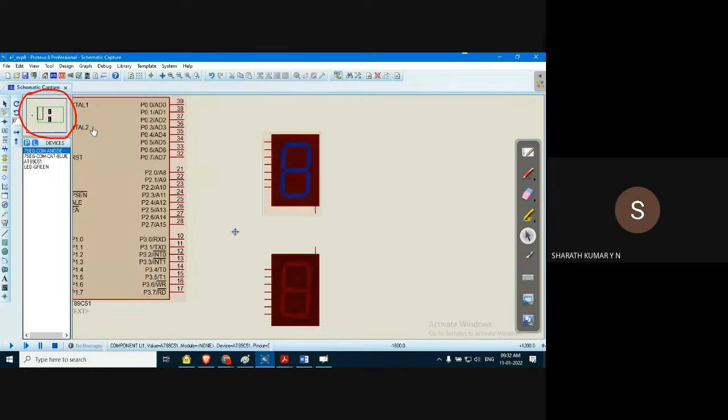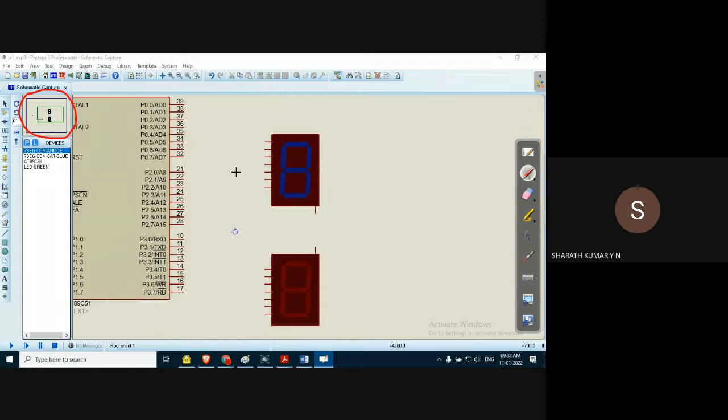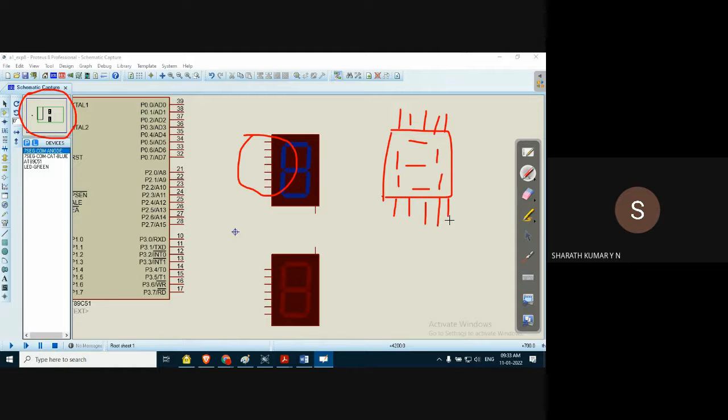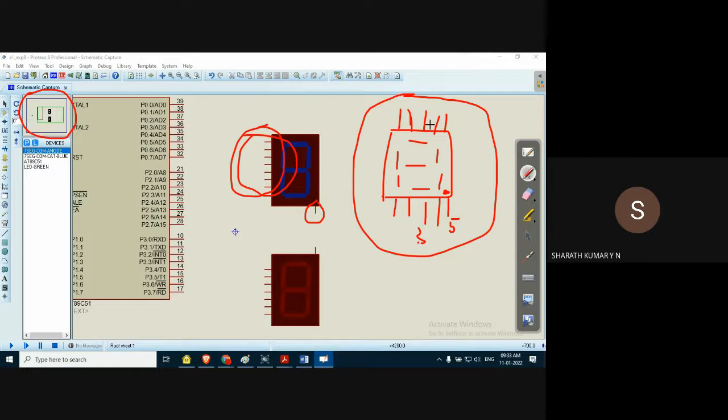In one case, you can see that there are eight pins. Of course, in the hardware we have the pins on the top and bottom. When we hold the seven segment like this, the pins are on these two ends. So this corresponds to pin number 5, that is the decimal point. In the Proteus software, we don't find this kind of icon. We find this kind of tool where we can see the pins on one side, and this pin is the common pin, that is pin number 3 or pin number 8.